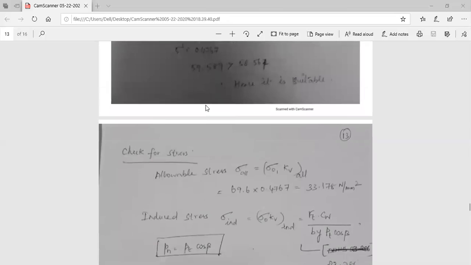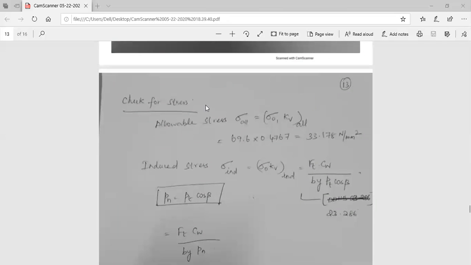Step 1. Then after that, if the load is satisfied, go to the stress, checking for stress. So step 1, you have to identify the weaker member. Step 2, once I identify that, you have to check the stress, that is, how to check the stress, whether the design is safe or not. Allowable static stress. Already we know the value for sigma naught. There is a static stress value. Multiply by velocity factor. That is the allowable static stress. You should multiply by velocity factor kV.